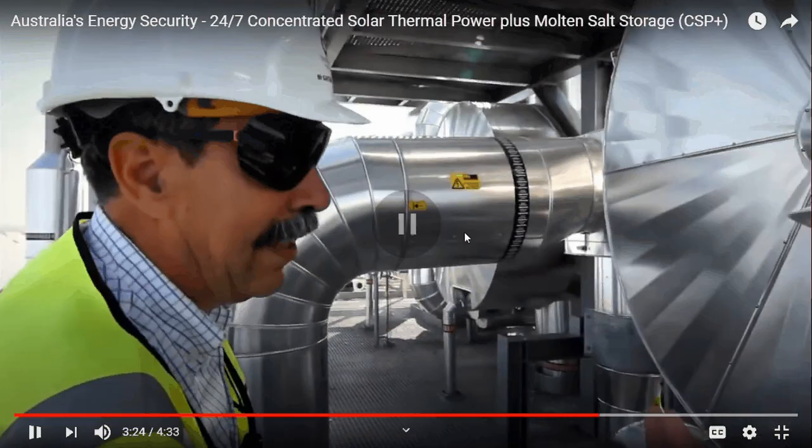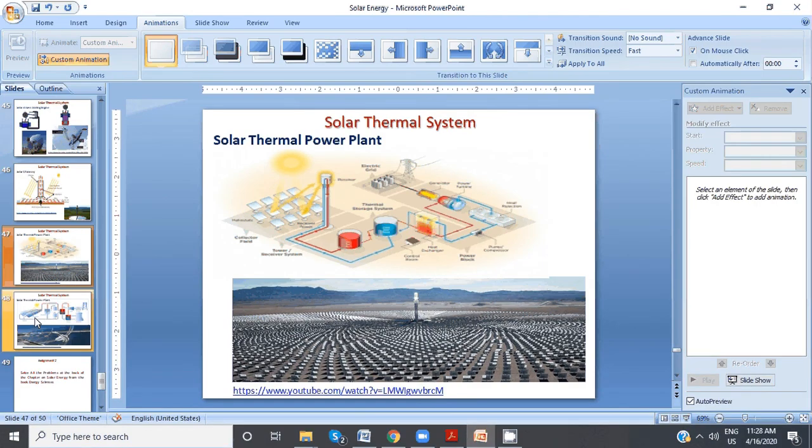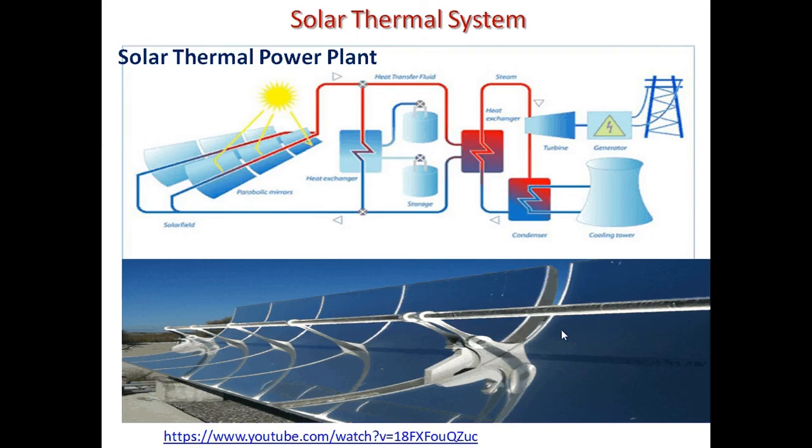I think the basic concept has been quite clear for you guys. There is another similar kind of thermal solar power plant, but this works on a parabolic mirror, and there is a huge pipe that has been installed in front of this parabolic mirror, through which you can heat the fluid which flows into this, and you can use it again for your boiler.